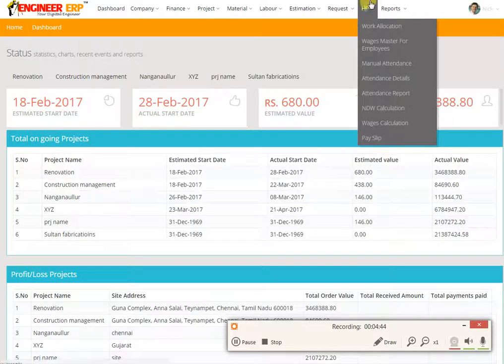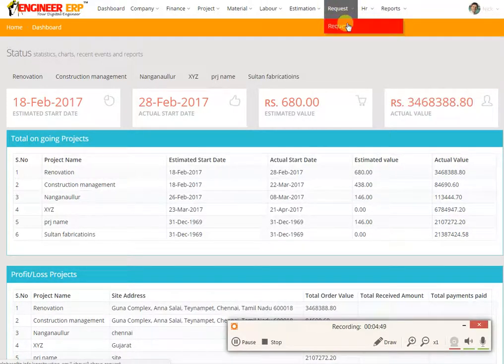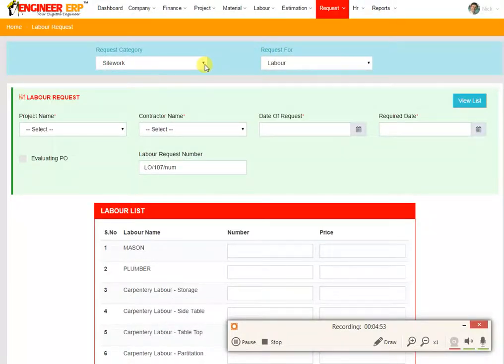So now you can find here the request received from the site engineer. I'm just going to select the project, and I'm going to select the receipts, and he's going to select the purchase order,